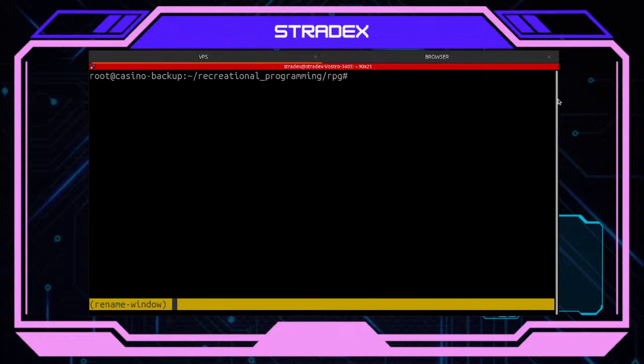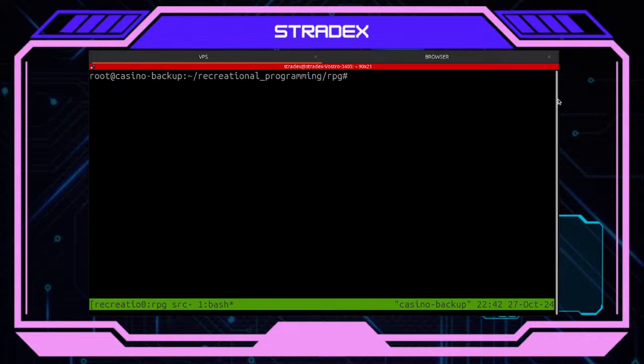What's the name for this though? What could be the name for this? The name for this could be just those. Let's call it RPG postcode.